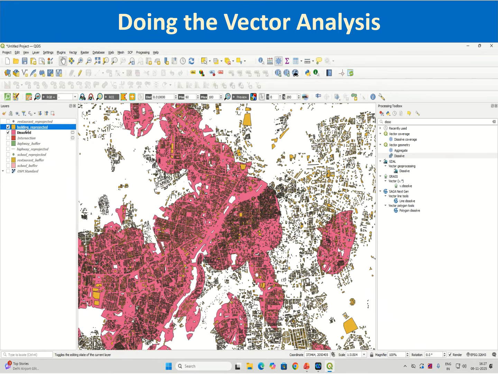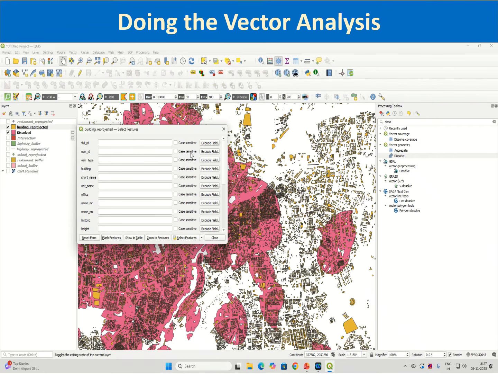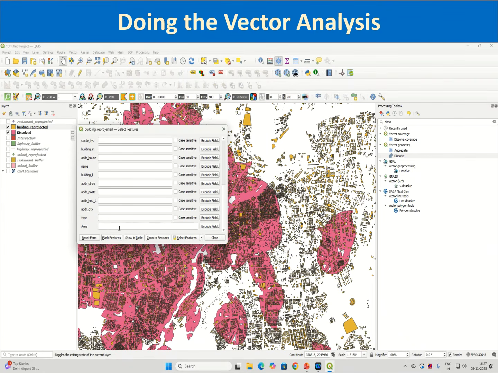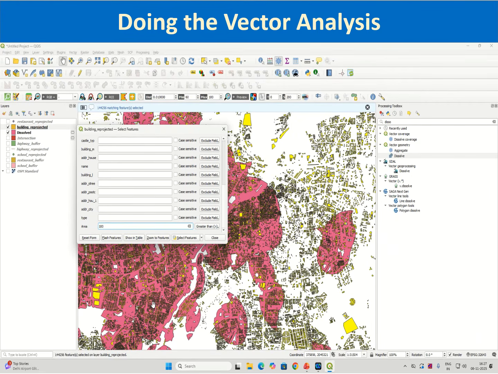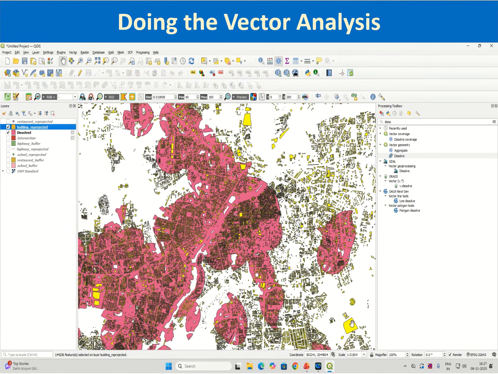After selecting your buildings reprojected layer in the layers panel, you click this select features by value, and you know your field name is area. So you can specify area greater than 100, and you click on select features. Now only those features that have area greater than 100 square meters are selected, and whenever a feature is selected from a vector layer, it will be highlighted in yellow color in the map canvas